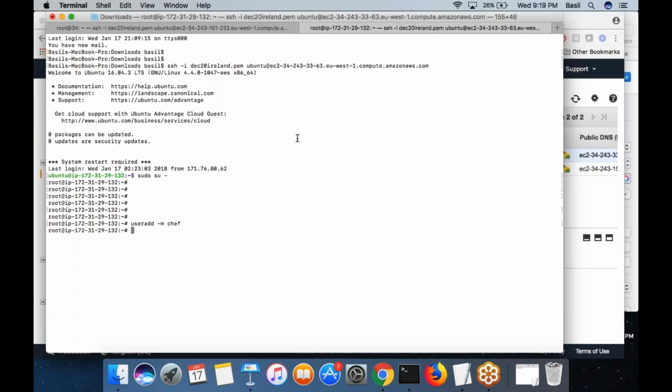Basically, I do not want to work as root in the workstation. I want to create a normal user, then I want to work as the normal user. That is the reason I am creating a separate user called chef, and it is inside this particular user I'm going to set up the configuration. I want to write down the configuration which would basically manage your infrastructure. So all that work I want to do under a different user. So I switch myself to the chef user, and I will work as chef user whenever I want to make any configuration modification.